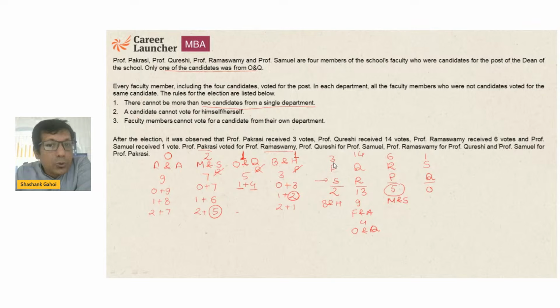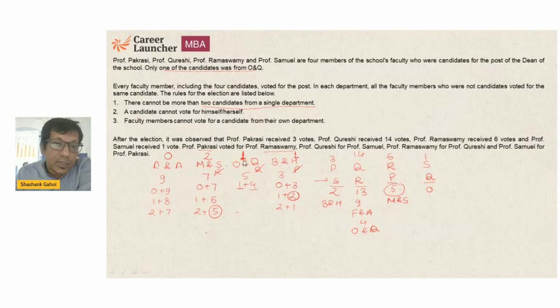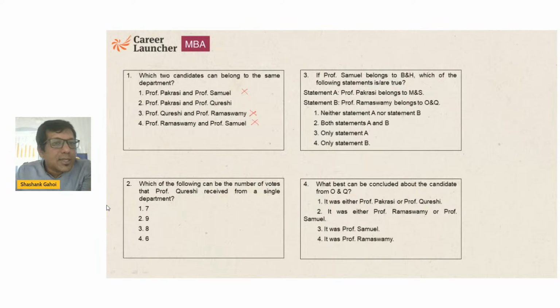पी एंड एस दोनों का डिपार्टमेंट सेम नहीं हो सकता, क्योंकि पी को एस वोट कर रहा है, तो इसका मतलब फर्स्ट ऑप्शन भी चला गया, बचा कौन सा, सेकेंड। इसका मतलब पी और क्यू का जो डिपार्टमेंट होना चाहिए वो सेम होना चाहिए, और पी एंड क्यू किस डिपार्टमेंट को बिलोंग करने चाहिए, एमएनएस को। सो पी और क्यू किस डिपार्टमेंट के हैं, एमएनएस के। इतना तो हमने फिगर आउट कर लिया, ठीक है।